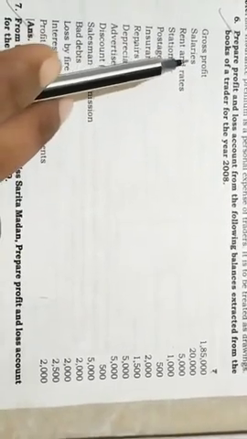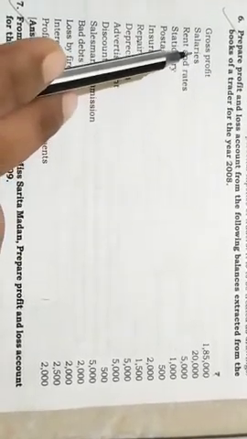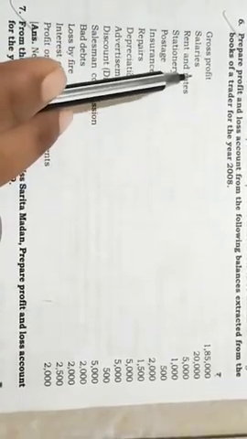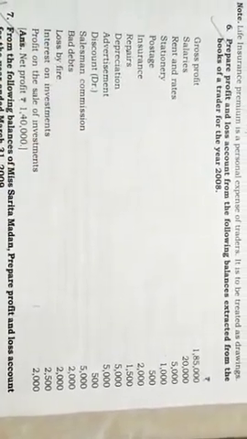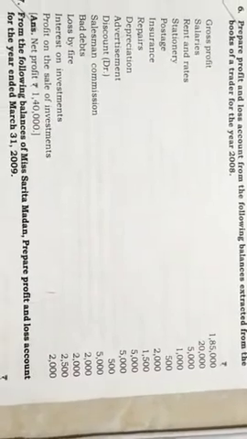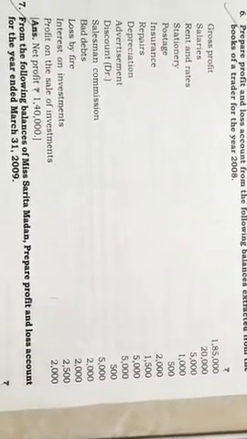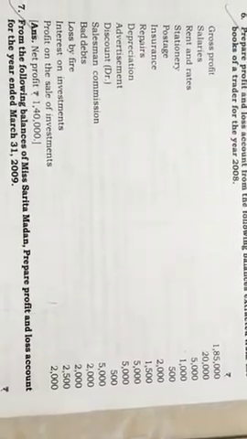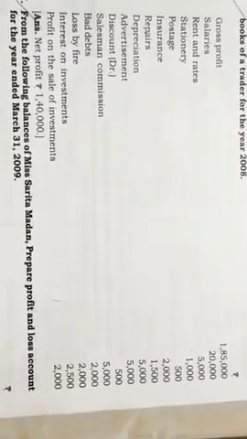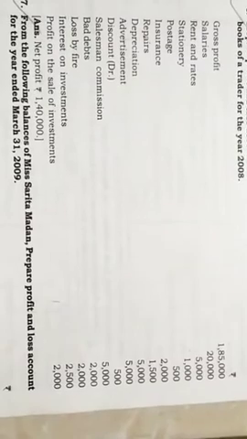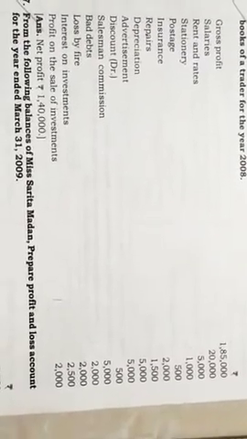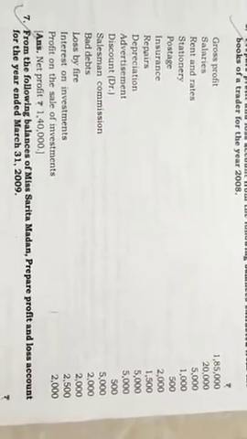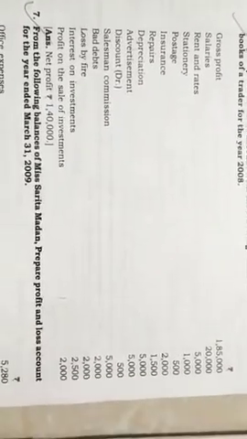Second, the salaries. As I have discussed earlier, salaries are indirect expenses that have to be posted on the debit side of profit and loss account. When we prepare profit and loss account, the first item should be either gross profit or gross loss that is brought down, and the other items that exist on the debit side are indirect expenses, and the items that exist on the credit side of profit and loss account are the indirect incomes that we have already discussed in our specimen video. Okay, so let's move ahead.